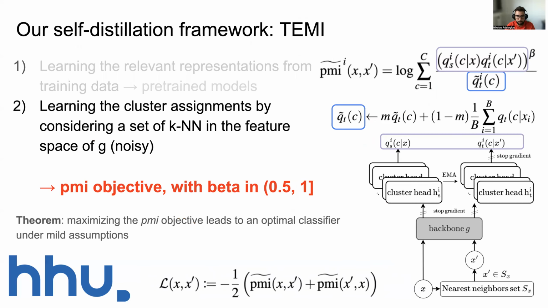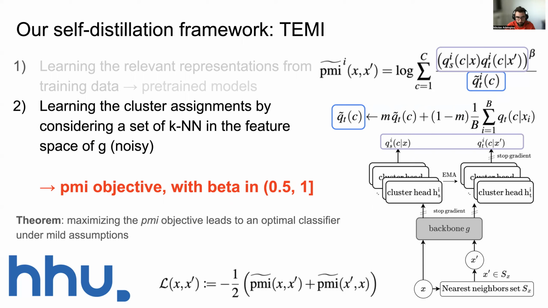Our self-distillation framework is called TEMI and is based on the pointwise mutual information objective over a pair of mined nearest neighbors on the feature space of the backbone Z. On the top right, you can see that the numerator consists of the predictions Q of the student and teacher, abbreviated with subscripts S and T respectively, where the numerator tries to align those predictions, while the denominator is simply an exponential moving average over the clusters